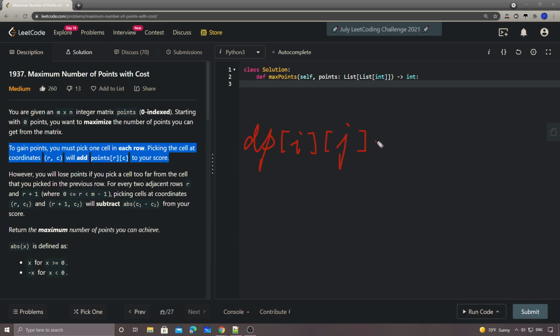We define DP[i][j], which means the maximum points we can get ending at this i and j. So if we define the DP in this way,